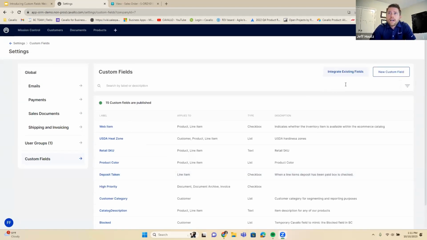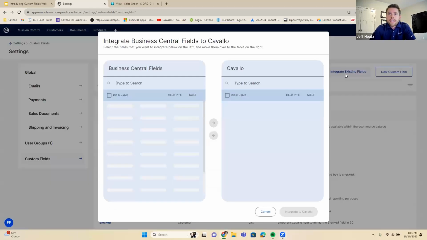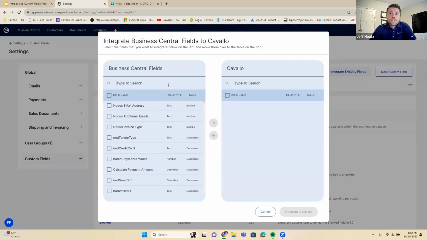So here at the top, as I mentioned before, you can integrate existing fields. So if I go ahead and check that, I get the window here to integrate existing custom fields from Business Central. And I can do an open search for these fields and then apply them to Cavallo. Again, this is great. Jeff hit on this earlier, but this really allows those that have already invested in either custom fields in Business Central or with other applications to then utilize those fields that they have in BC